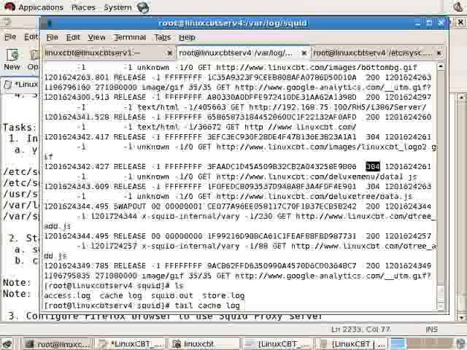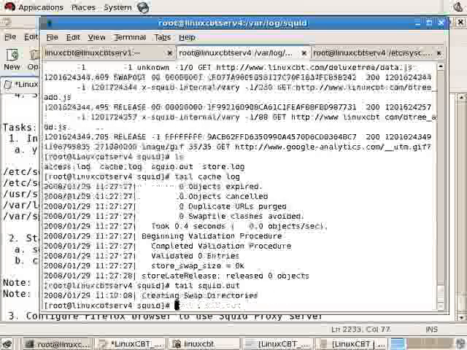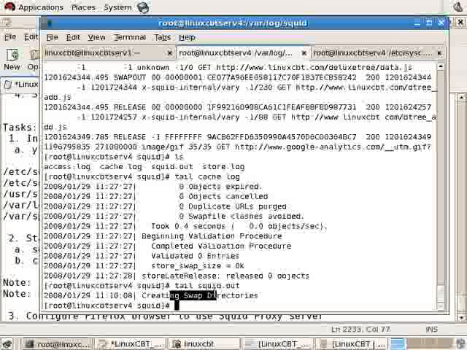So the files that are here, access.log, cache.log, store.log, maintain useful information. Squid.out tells you the last time Squid started, the fact that it created the directories that it uses to conduct its business. Again, for